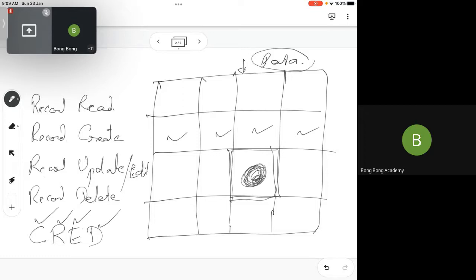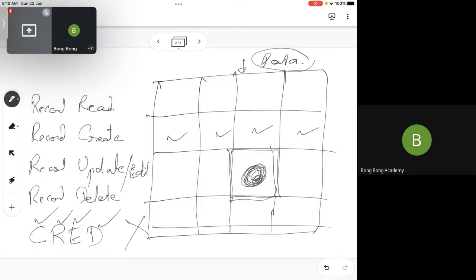And record delete is deleting the whole row, removing it altogether from the table. So these are the only possible operations on an object. You can read the rows of that object, create a new record in that object, update or edit an existing record, or delete that record.